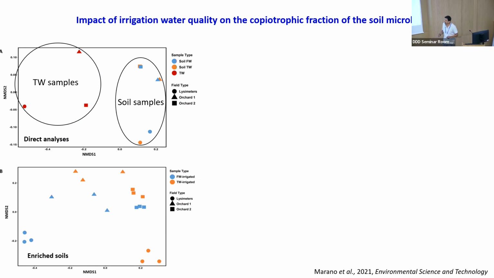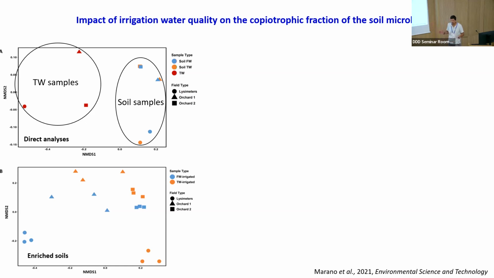First of all, when we look at the microbial communities, these are the original treated wastewater samples. So these are the 3 different types of treated wastewater from the 3 sites. And these are the soil samples where originally we looked at 2 replicates. So we have the orchard 2 freshwater and treated wastewater. They're almost identical when we look at the soil microbiome. Sorry, this is the microbiome based on 16S amplicon sequencing. The same with the other orchard. In the lysometers, again, the freshwater and treated wastewater are slightly different when we look at the microbial communities, but